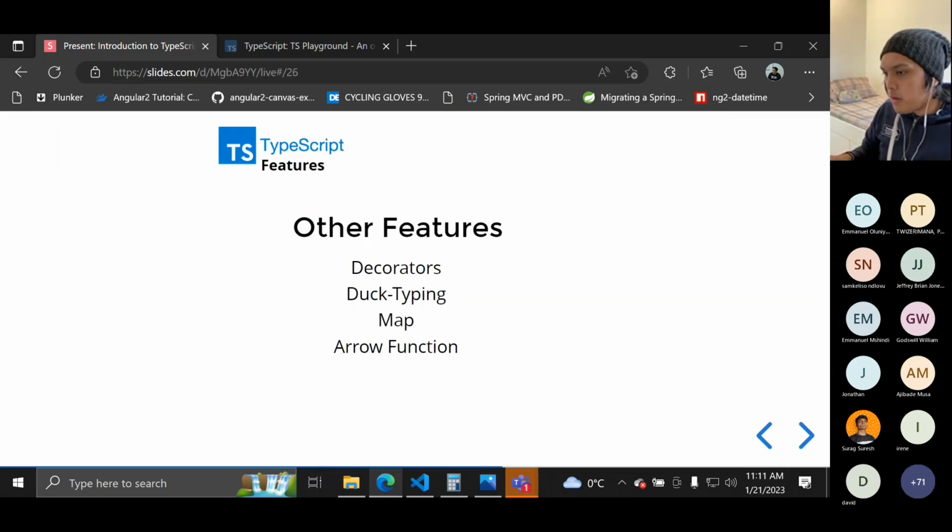Okay. So yeah, that's just some of the basic features of TypeScript, but it also has other features that are very useful when it comes to developing your application. These are the decorators, the duck typing, the map, and the arrow function. If you want to learn more about that, guys, you can go to the TypeScript documentation, and they have a more detailed way on how to use these features.